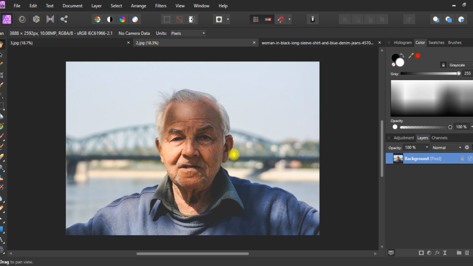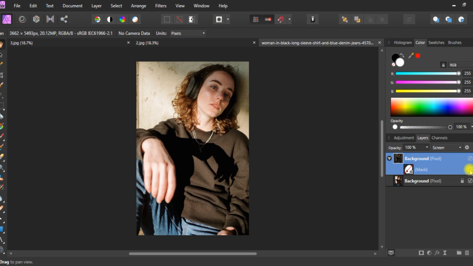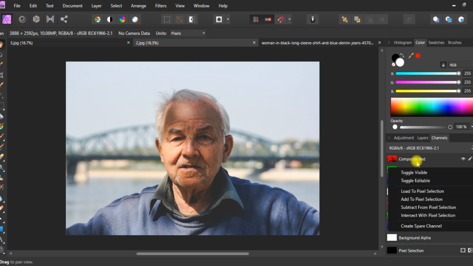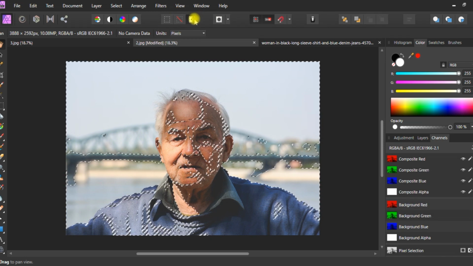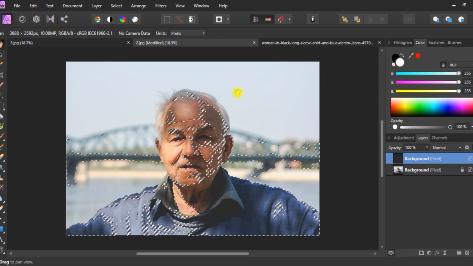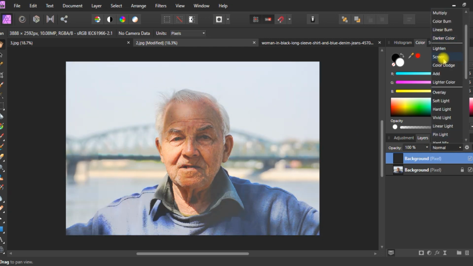Okay, so we are going to see that in here, or you can go here in without the mask mode. You can also add a filter without mask mode, but I would like to go with this way. And now just select and go with this photo. There is nothing different in the first three steps. Go to channel, load selection, okay, invert selection, go to layer, make a duplicate or copy of the selection, deselect, go to blend mode and apply screen.